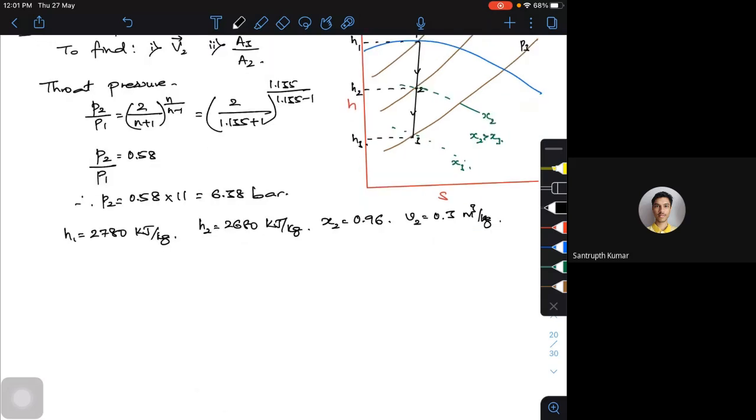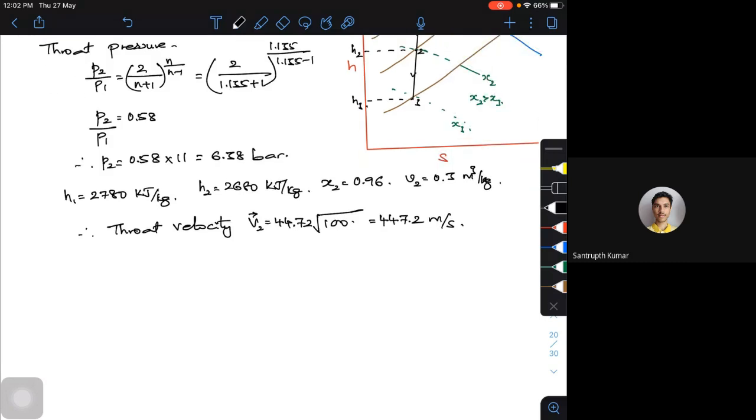Okay. Now what will be the value of your exit velocity or throat velocity? So therefore, throat velocity V2 is equal to 44.72 into root 100. If I try to do that, I'll be getting the value of your exit velocity. I'm getting around 447.2 meters per second. That is your velocity at the throat.